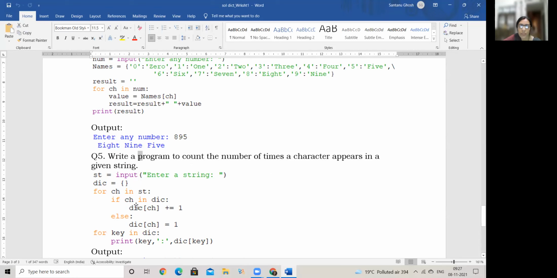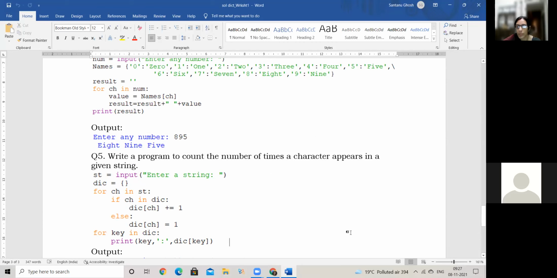So if I'm talking about this kind of a string, I want it to go character by character. Like it checks P, sees the entire string, tries to find out how many times it is appearing, and then stores that value for me, that P appears 5 times, A appears 2 times, O appears 1 time, R appears 2 times, like that. And that storage is in the form of a dictionary, right?